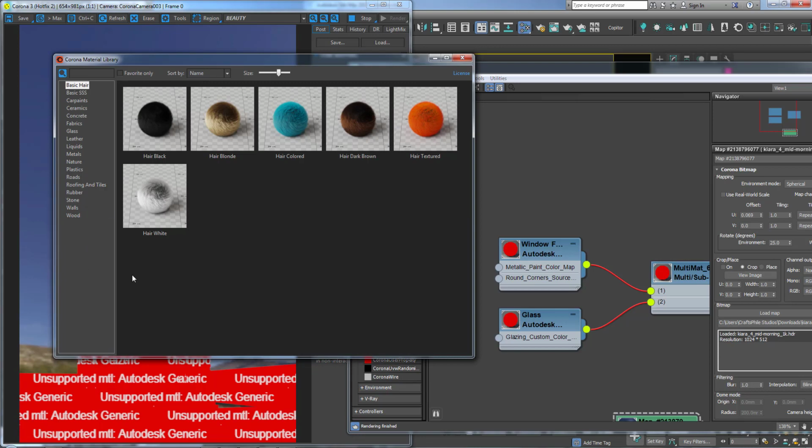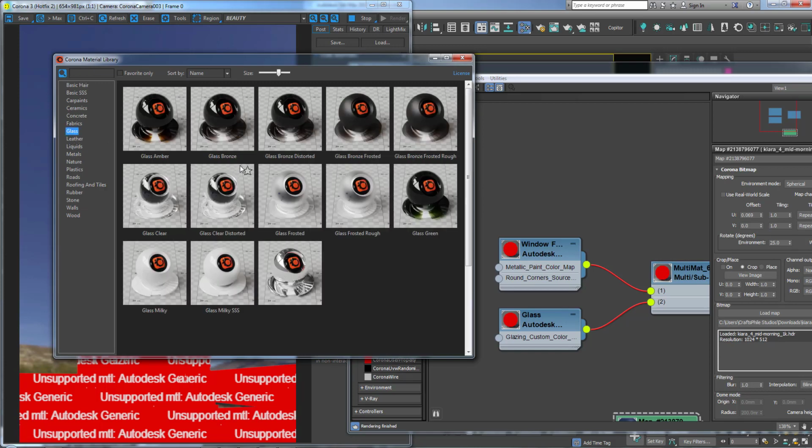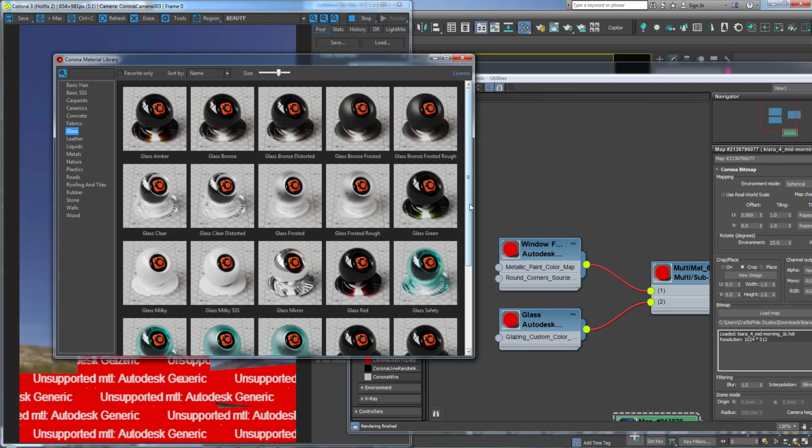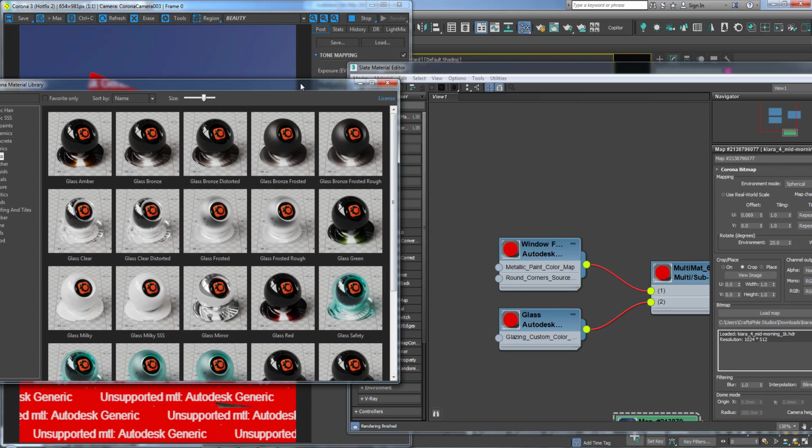So the one I'm going to start with will be glass. So if I click on glass, you see I have different types of glass that I can use here. And for now, I'm just going to use a very simple glass, which is a clear glass like this. So my method of creating something like this is to actually